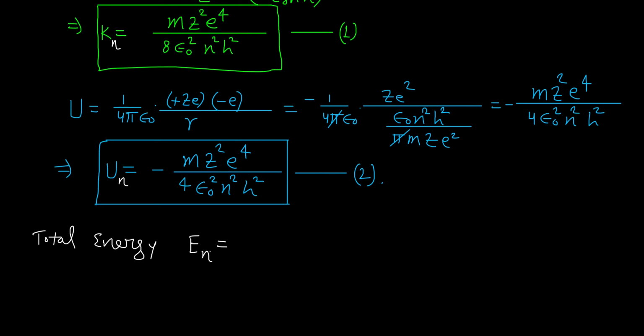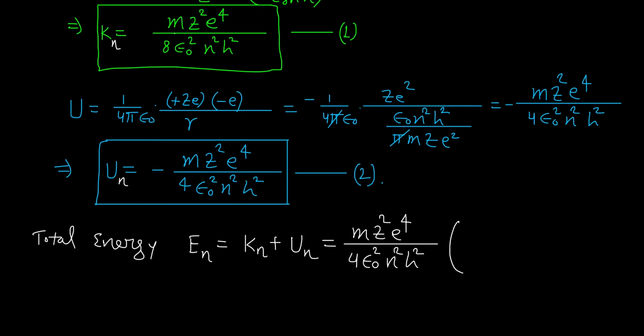So similarly, the total energy of the electron in the nth orbit, En, will be kinetic energy plus potential energy, because no other type of energy is here. So let's add these two. If we take the common terms, we can take mZ² e⁴ divided by, not 8, we can take 4 common, ε₀² n² h², and inside the bracket we will have